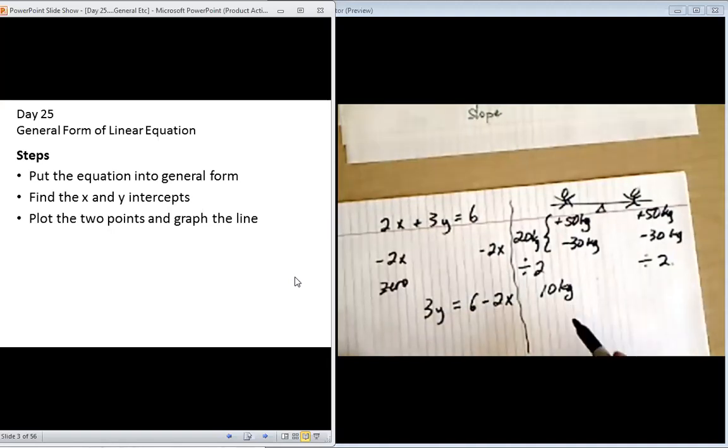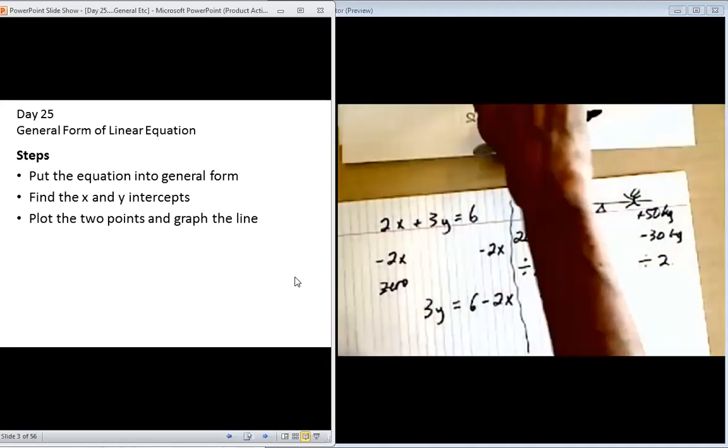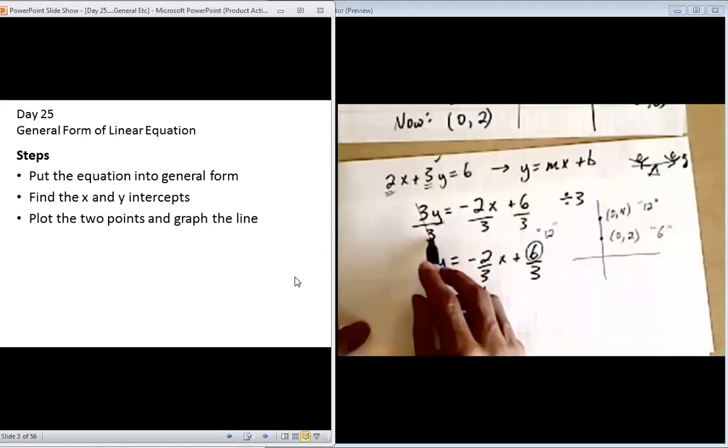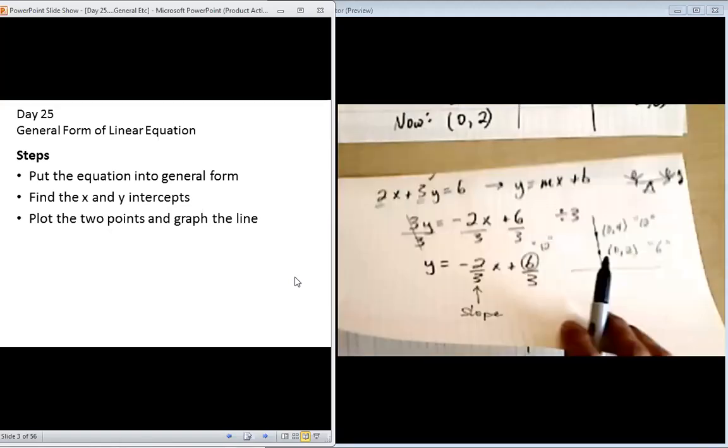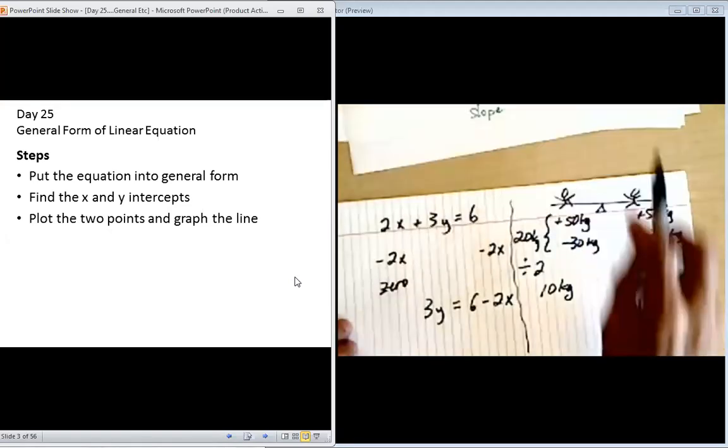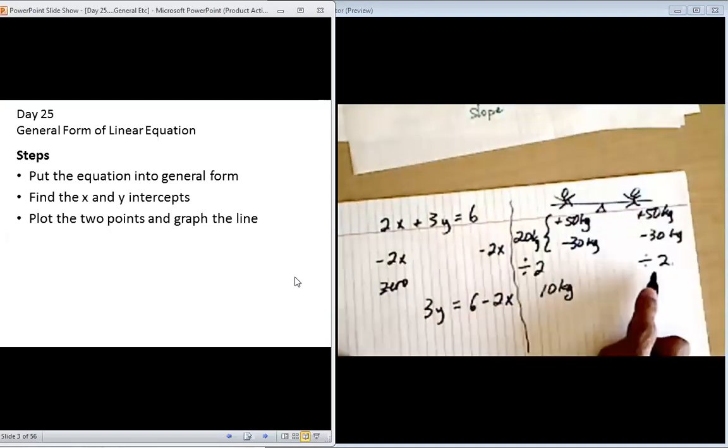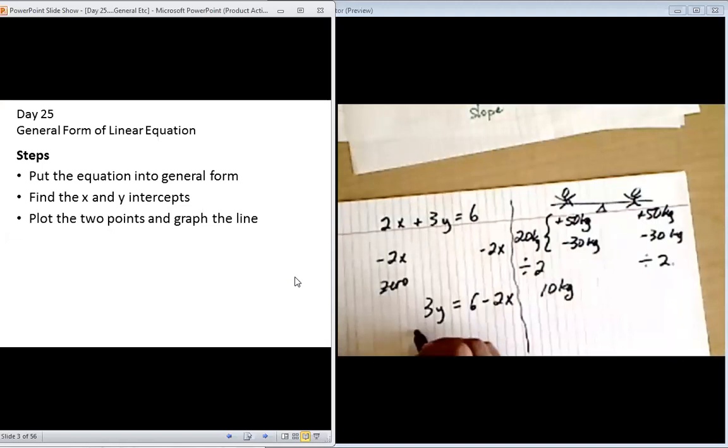What did we then do? Should take a look back. We then divided by 3 all the way along. Here with our seesaw, we divided by 2, both sides. Keep it equal. So if I divide this by 3, I do that by 3 and that by 3, everything. 3 over 3, you saw. I think you like that one. That's why I like that. 6 over 3, 2,